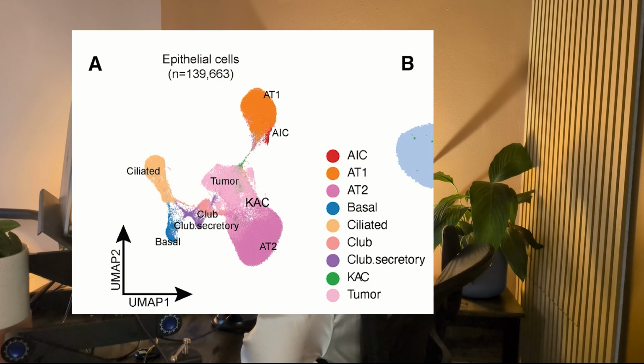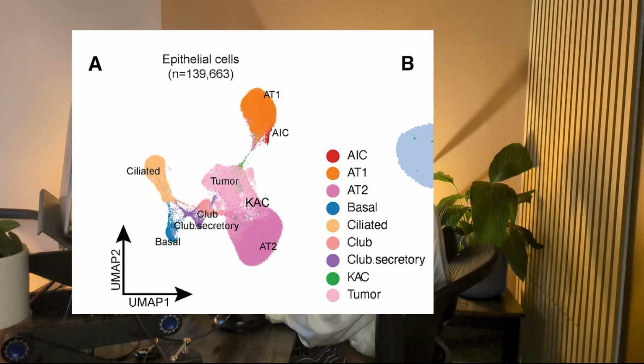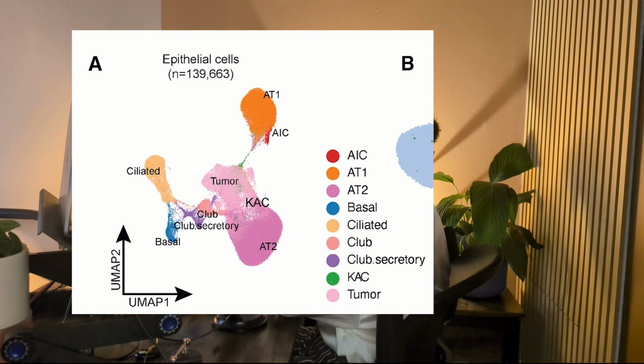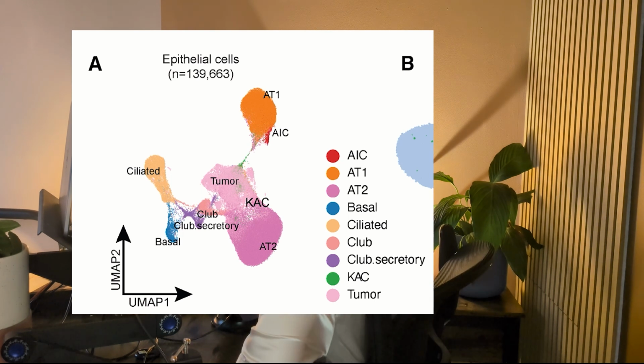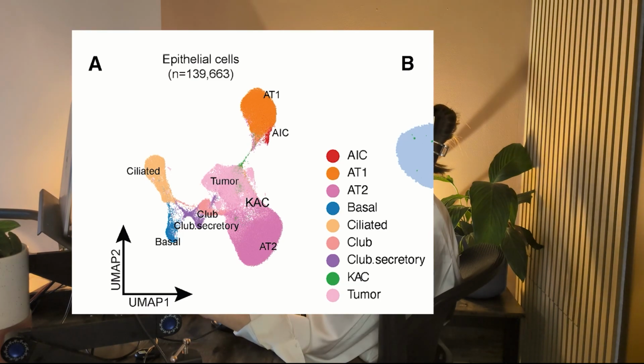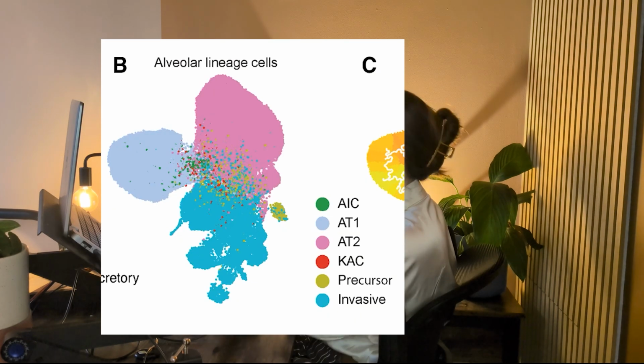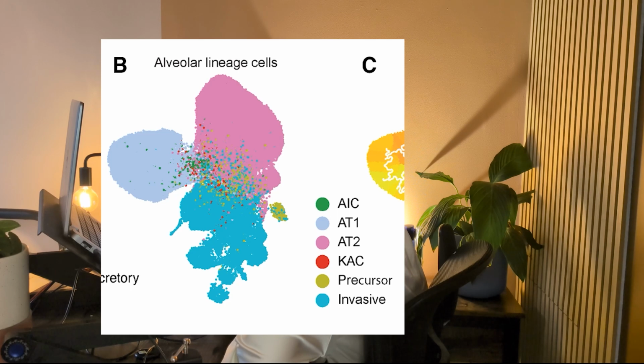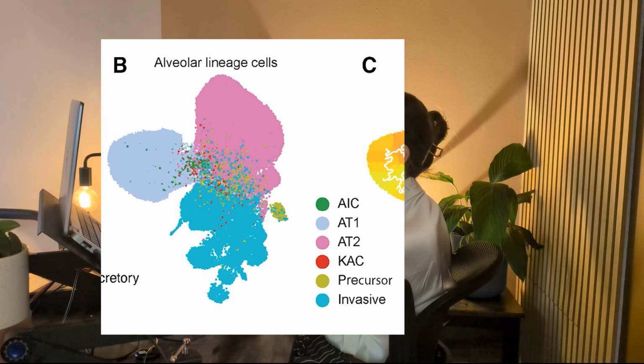Panel 3A shows the single nucleus RNA-seq map of epithelial cells across all samples. You can clearly see the canonical alveolar lineages, AT1 and AT2, along with ciliated, club, basal, and tumour clusters. But the key feature is the distinct island sitting between AT2 and tumour, the KRT8-high alveolar intermediate cells, or KACs. Panel 3B colours each cell by lesion type, and straight away you can see the KAC clusters sit almost